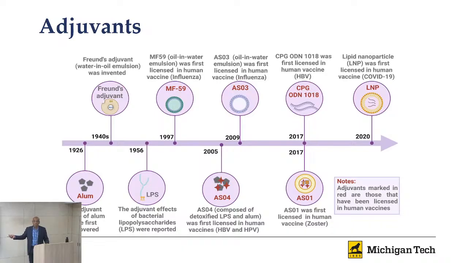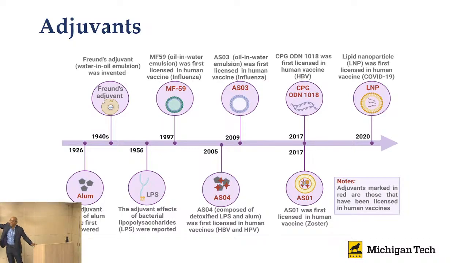So there are a lot of adjuvants that have been used so far. Those red colors mean those are approved for humans. They have been licensed, but the others have only been tested. Yeah, so nothing to talk much about it,